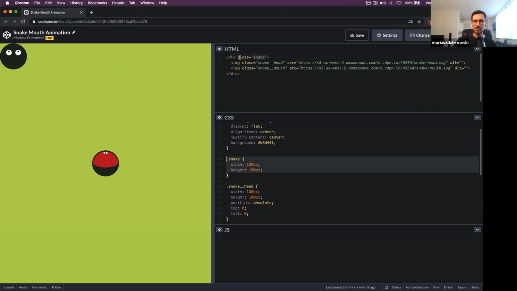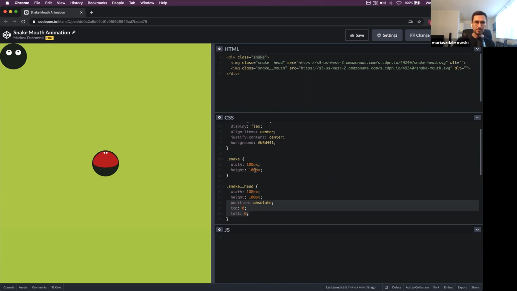We would keep traversing out on the parent elements to see what is the first element that has a position set to absolute or relative. And the first element that has that position absolute or relative, this position will be relative to that element. If we reach the body and no parents had a position relative or absolute, your element is going to be position absolute relative to the body. And that's why you see our snake head appearing in the top 0, left 0 position of our body